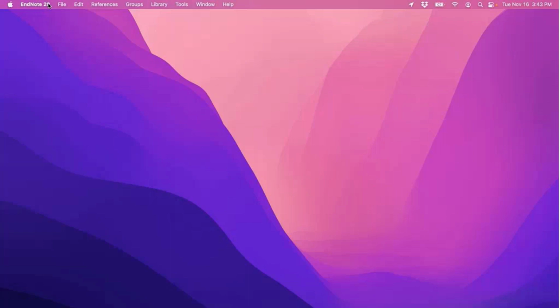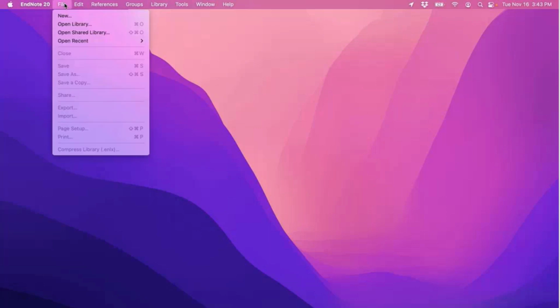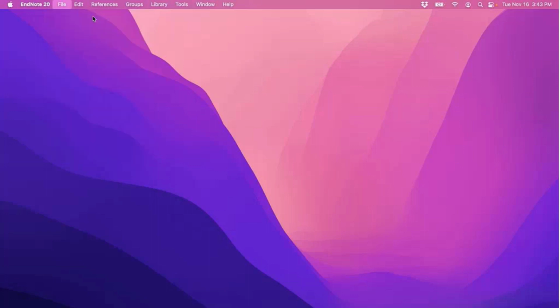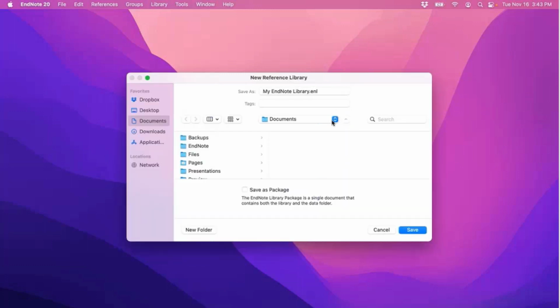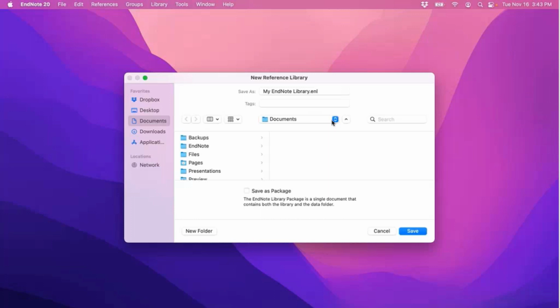So to do that, here on the drop-down menu that we see across the top of the screen, we're going to go to the File drop-down menu where we have the New command. That's what we'll click on first here. We'll click New. This will start the process of creating a new reference library, as we see in the title bar here. I'm going to go ahead and expand this window just so that we have a little bit of breathing room in terms of the panels that we're seeing here.